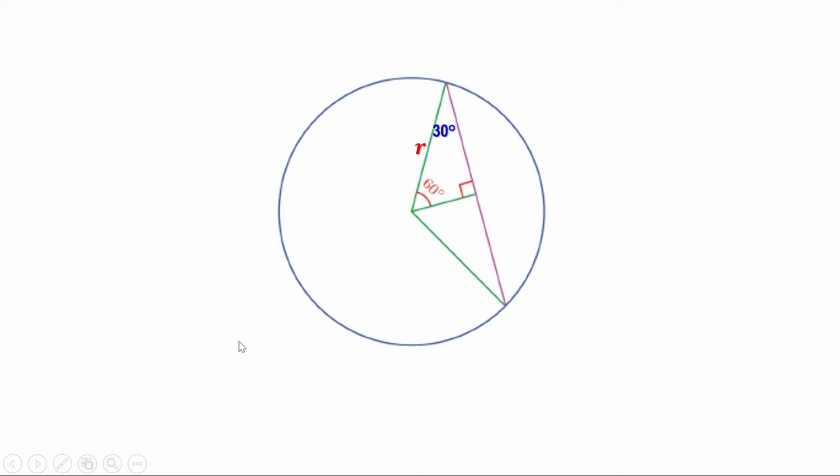What is the ratio of the sides? We know the ratio of the sides is 1 is to root 3 is to 2. That means if the smallest side is 1, then the other sides are root 3 and 2. You can see a relation here. When the shortest side is 1, the longest side is 2. That means the longest side is double the shortest side, or the shortest side is half the longest side. Here the longest side is r. Therefore, the shortest side, which is opposite to 30 degree angle, is half r or r by 2.